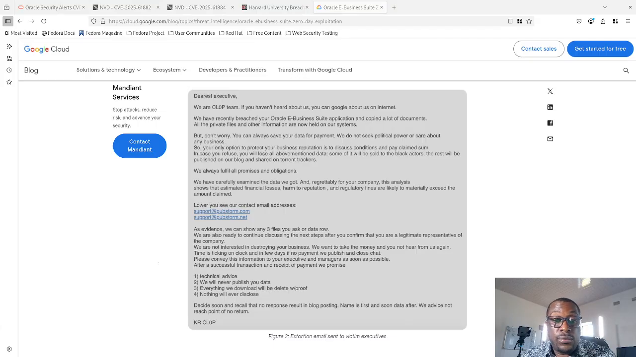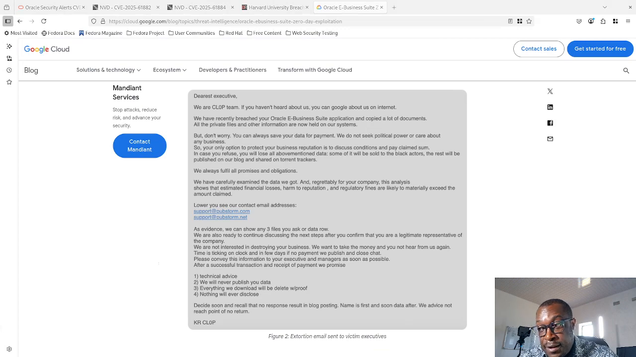According to Google Mandiant, the Oracle CVE zero-day was exploited as early as the 9th of August 2025, and it took Oracle about 2 months to detect what was going on. And as you can see,